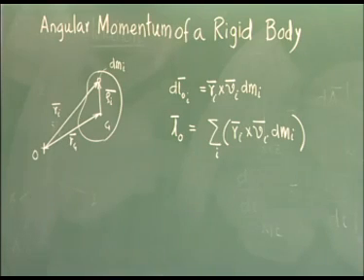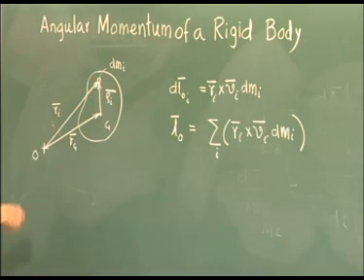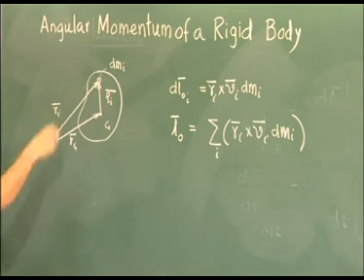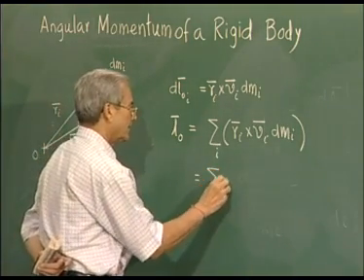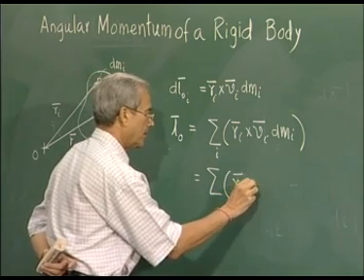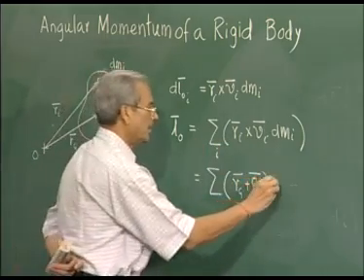Now, we have seen that the position of this mass can also be represented by the sum of two vectors. One is the position of the center of mass, r_g, plus its location with respect to the center of mass, rho_i. If we do that, this represents this cross